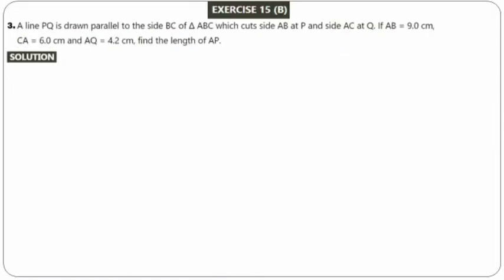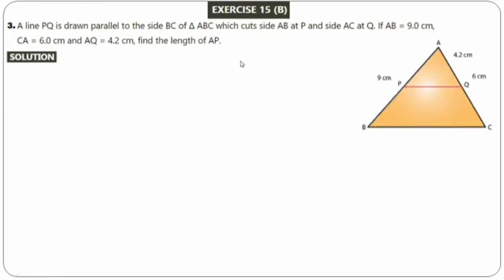Okay, so let's take question number 3, which says a line PQ is drawn parallel to the side BC of triangle ABC. So let me draw the triangle. So triangle ABC is there and PQ is parallel to BC, as you can see. Now